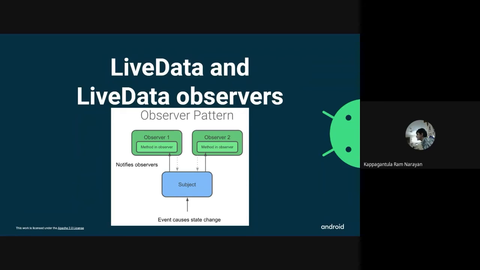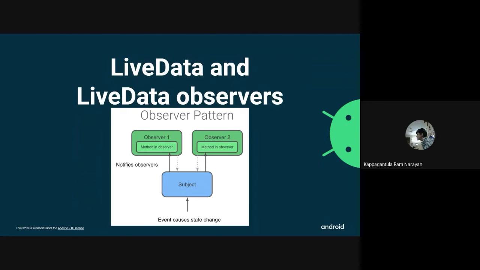That is, you can make current score an observable, and it will be reflected according to the state changes that happen in your subject class. So live data is observable, which means that an observer is notified when the data held by the live data object changes. So if there is any change happening, your observers are going to get notified.